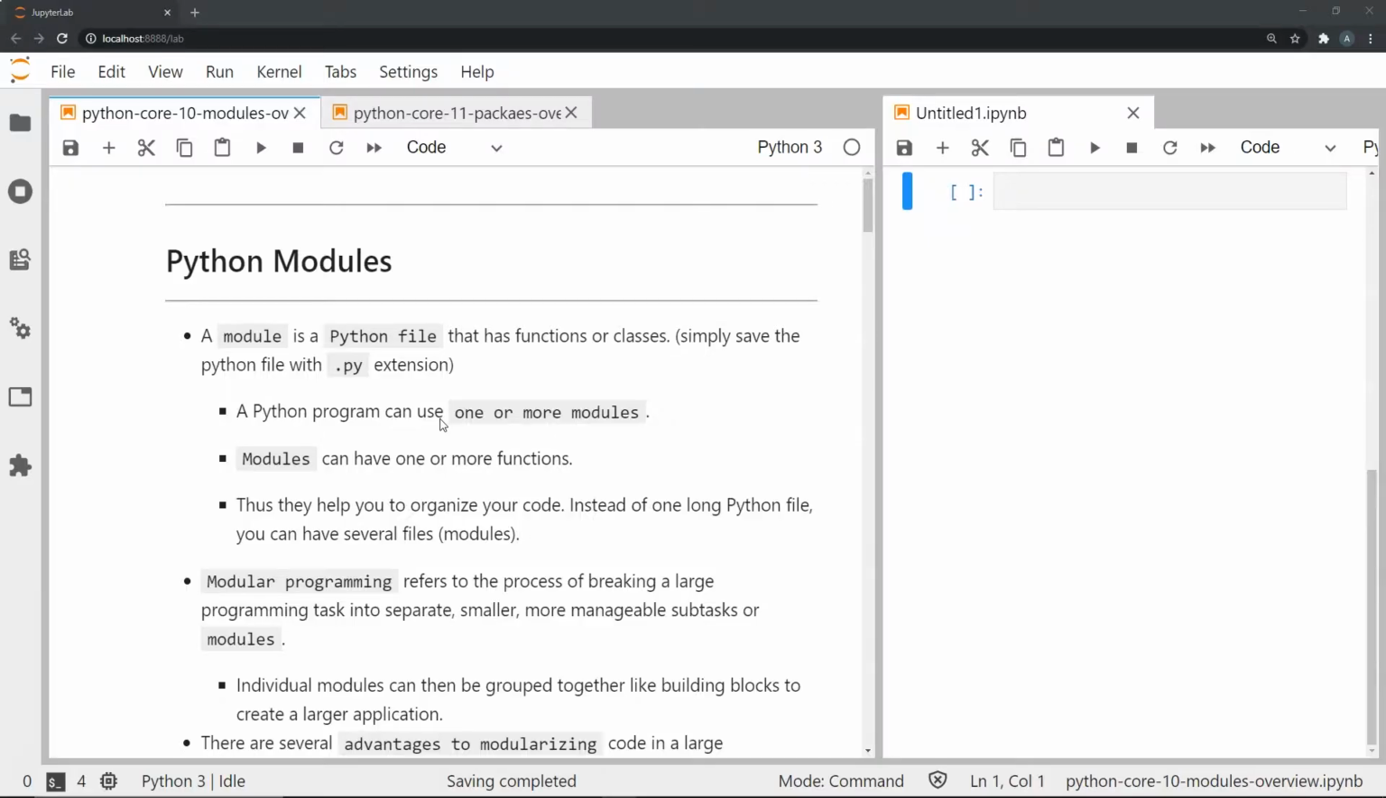Now a module in Python, to put it simply, is basically a Python file that has functions and classes written into it and is saved with the .py extension to specify that it is indeed a Python file. A Python program can use one or more modules, and modules can have one or more functions. They basically help us organize our code, and instead of having one long Python file, we can have several files